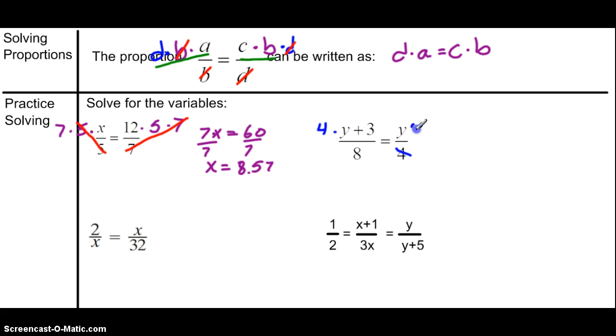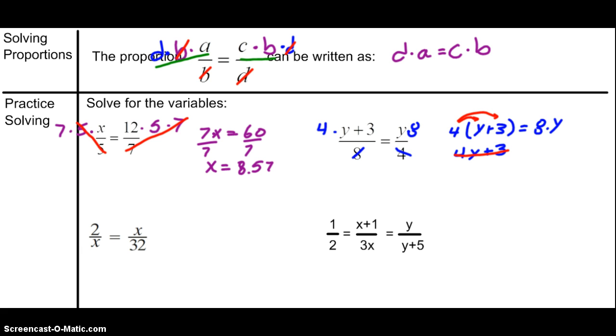and 8 on this side. And we end up with 4 times y plus 3 equals 8 times y. Now, one common mistake people make is they rewrite this as 4y plus 3. But that is incorrect. When we multiply 4 times the side, we have to distribute it into both the 4